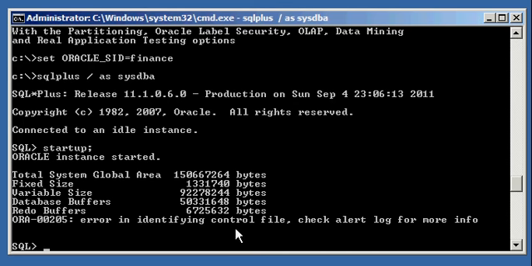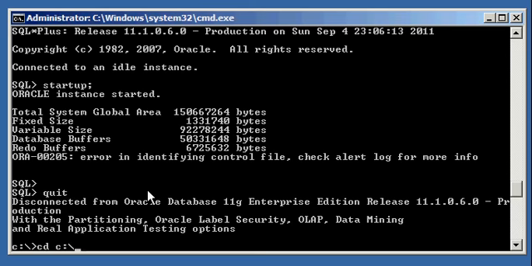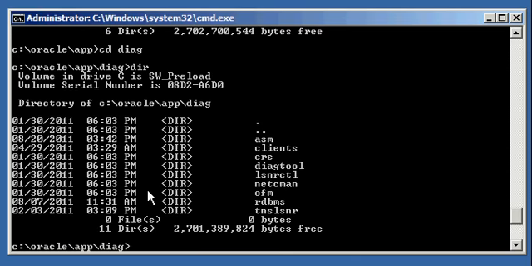Okay, and we get error in identifying control file. Check alert log for more info. Okay, and so now we go ahead and we check our alert log of our RDBMS instance, which is